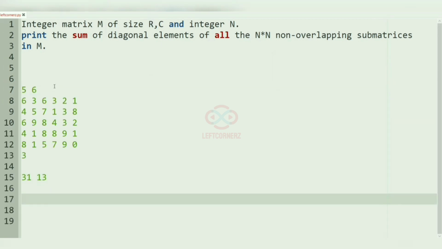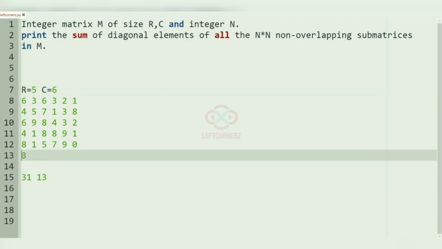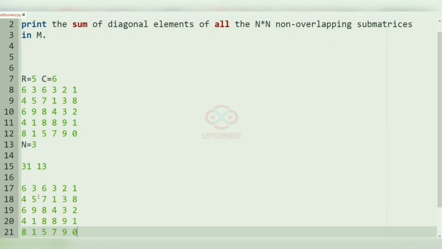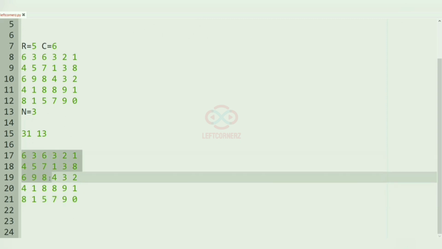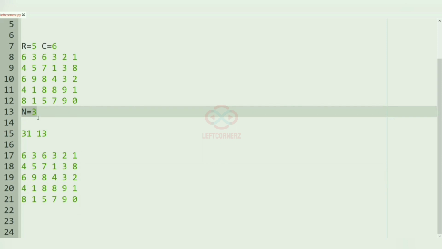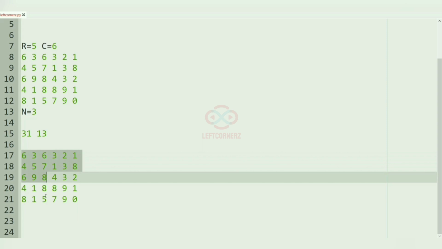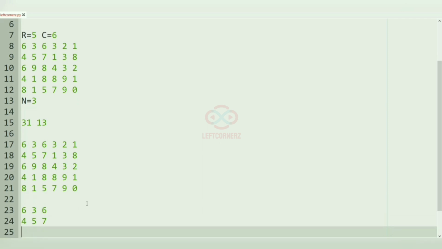So here we have a 5 cross 6 matrix where R is 5 and C is 6, and then we have integer n as 3. So from this matrix, since n is 3, we are going to get 3 cross 3 matrices, that is submatrices from the matrix M. So here we can have this as a 3 cross 3 submatrix,